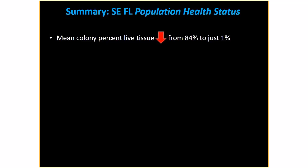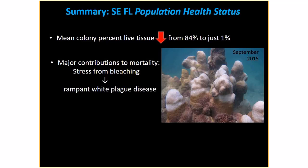So summarizing the population health status of the Southeast Florida killer coral population, mean colony live percent tissue decreased from 84% in May 2014 to just 1% now in September 2016, a drastic decline of the loss of colonies. We saw that the stress from bleaching and rampant white plague disease is sort of the major contribution to that mortality,